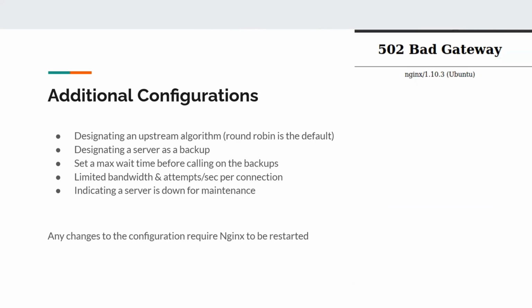And then there's some additional configurations, like we said. You can designate an upstream algorithm. Like I said, round robin is the default. You can designate a server as a backup, which I'll demonstrate. You can set a max wait time before calling on the backups. You can also limit the bandwidth and attempts per second per connection. And you can also take a server off